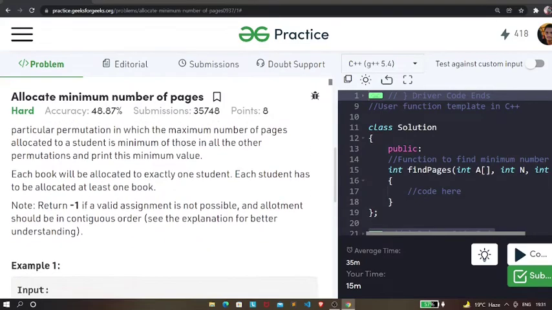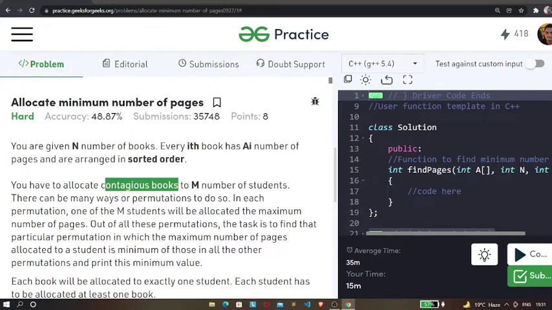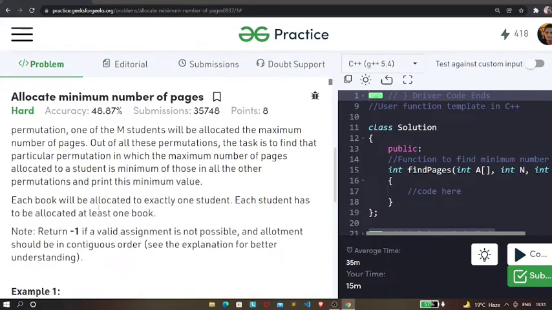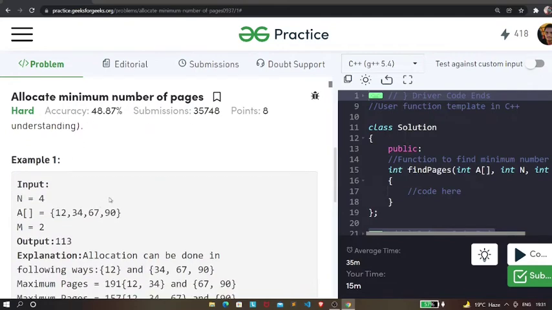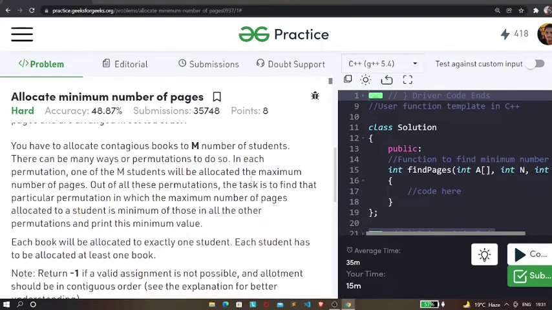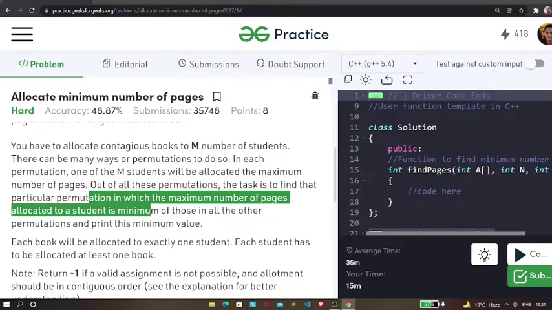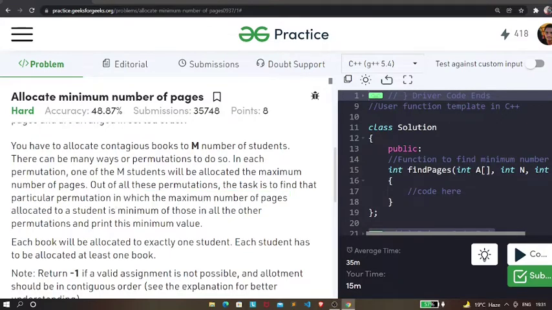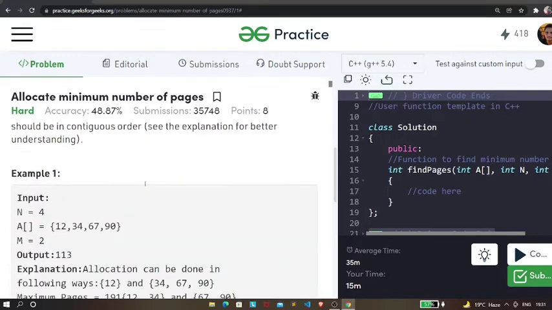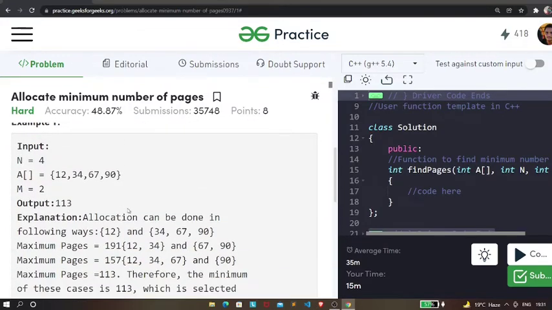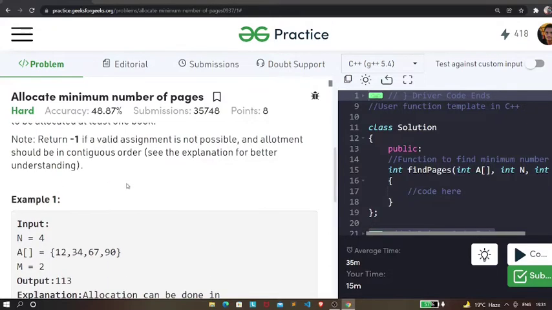Now we need to distribute these books in contiguous fashion, and the problem is asking us to find that permutation in which the maximum number of pages allocated to a student is minimum, and print that minimum value. So we need to find that permutation such that the maximum number of pages allocated to these m students is minimum.